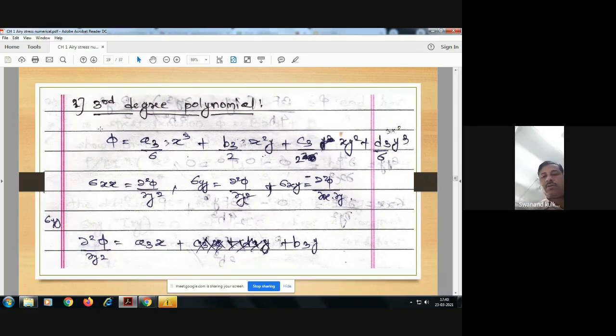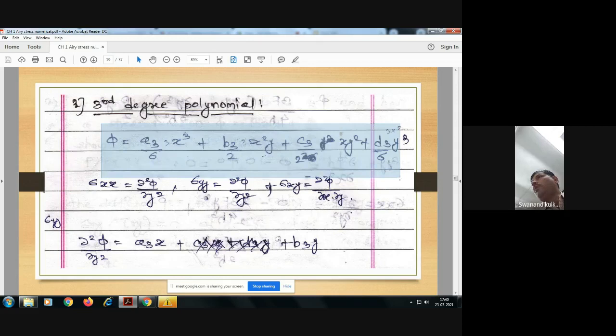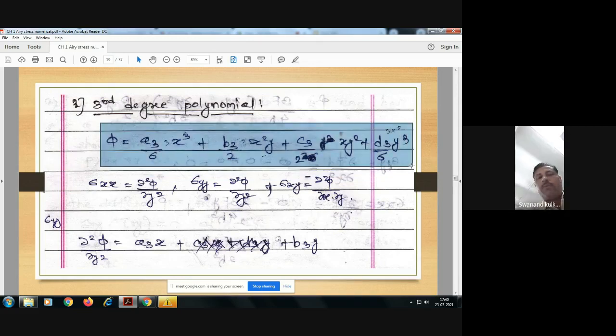if we set that phi function, the same concept we are going to apply here. So after application of this concept,